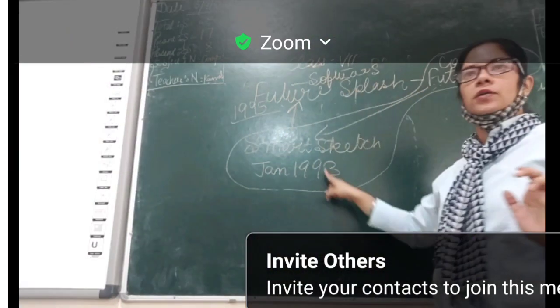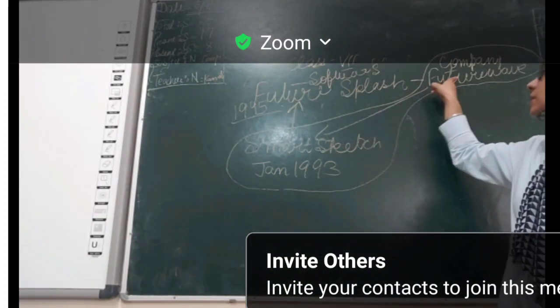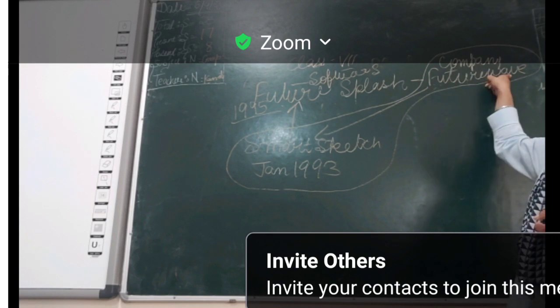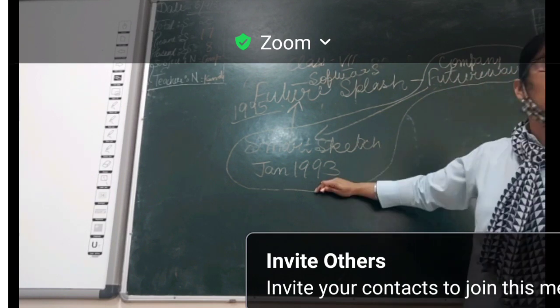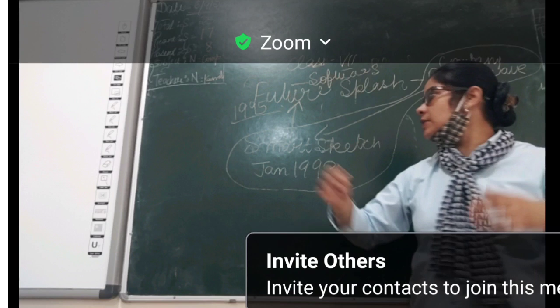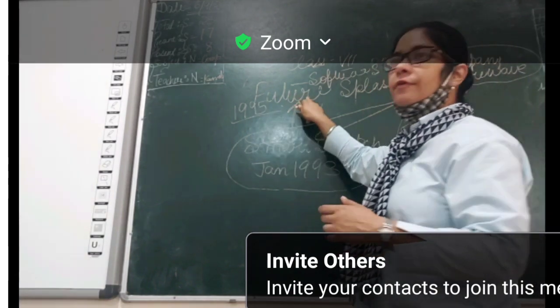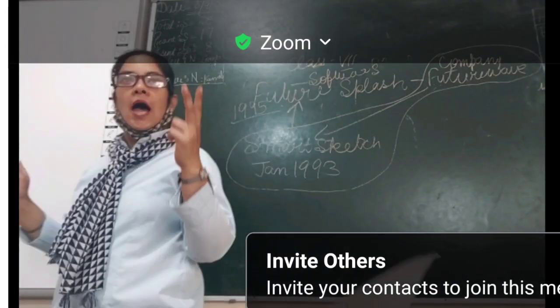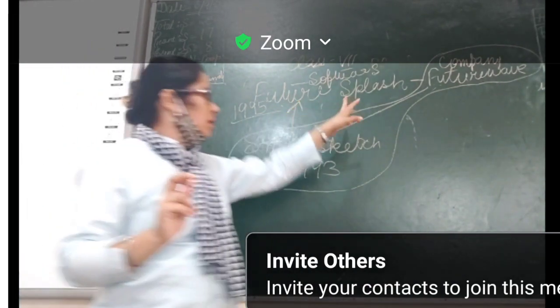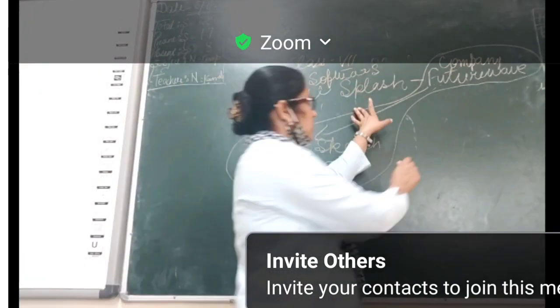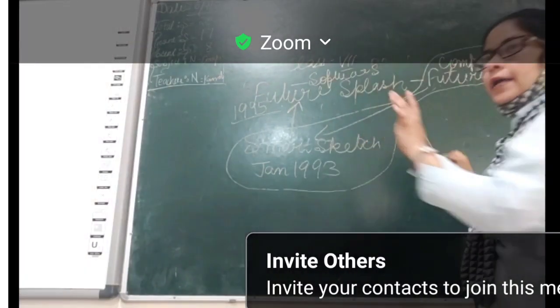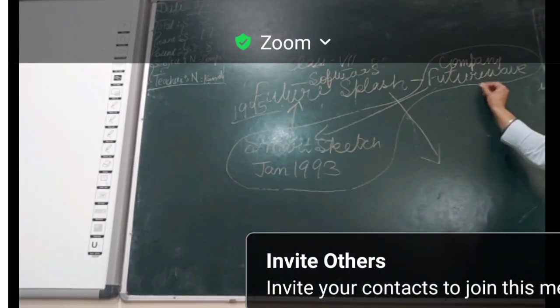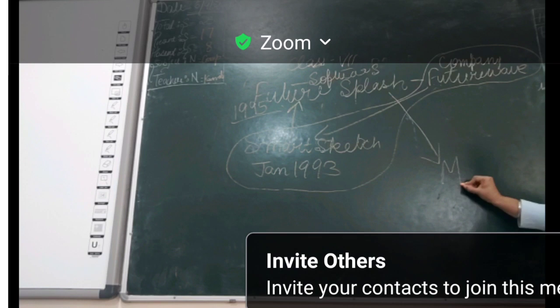In 1993, Smart Sketch by this company, Future Wave company. Then again editing was done, upgradation was done, and in 1995, Future Flash. Those are 2 years. And after that, this Future Flash was bought by which company? Macromedia company.